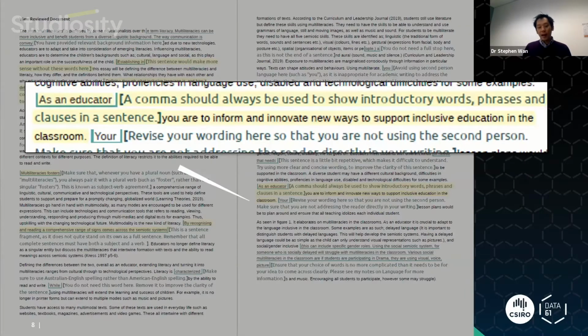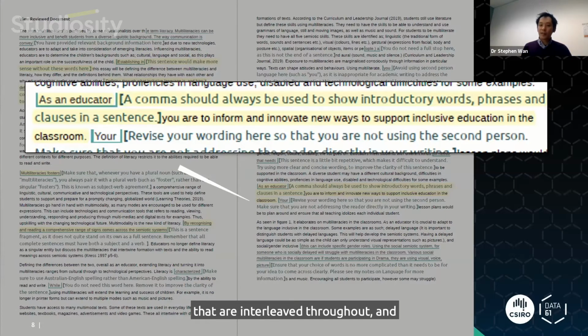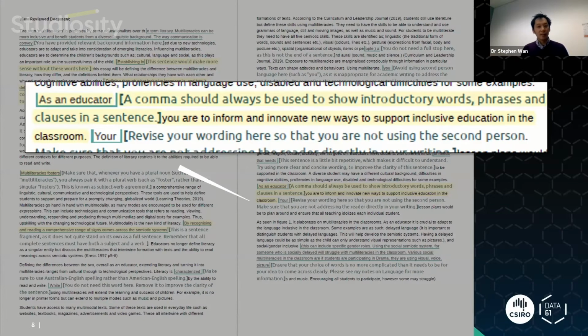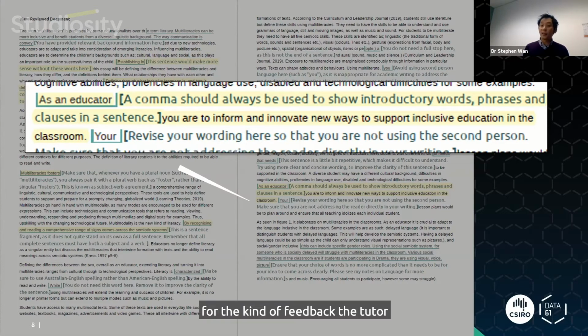In the rest of the PDF, there's the student's writing, and there are comments from the tutor that are interleaved throughout. And I've highlighted a case where the tutor shows a specific instance of that error that we saw on the previous screen, showing where the comma is indeed missing after the introductory phrase. Note that the tutors don't mark every single error because it's up to the student to learn to correct the errors for themselves. But the feedback in the beginning should cover all the key elements that the tutor feels that the student is capable of improving upon. So by now, I hope you get a feel for the kind of feedback that the tutor must prepare. There's a high-level summary, and then there are some specific examples.